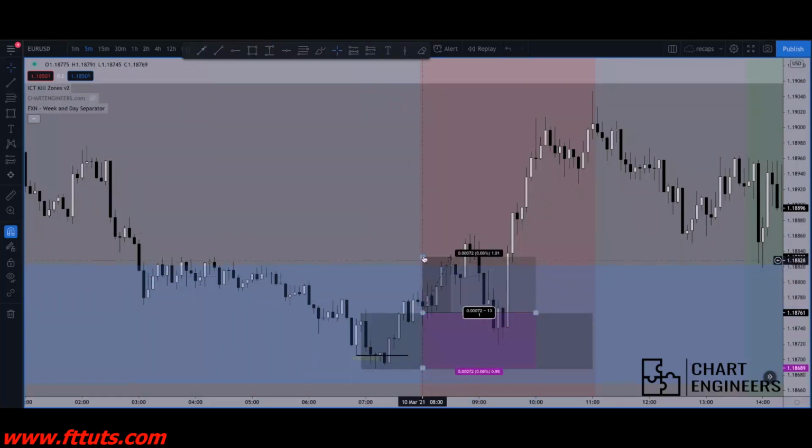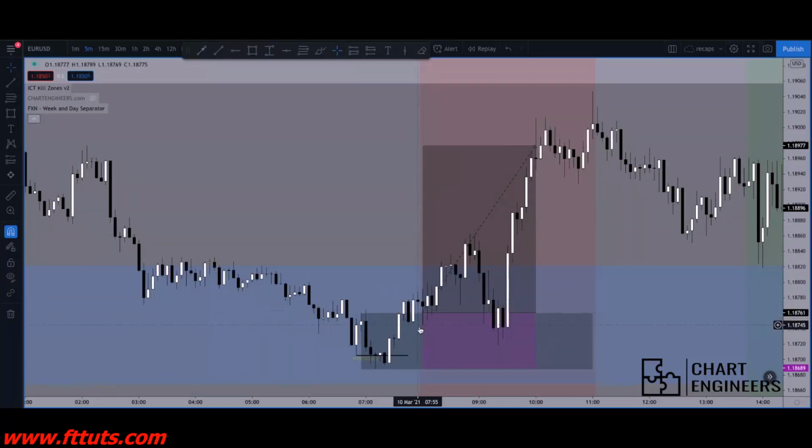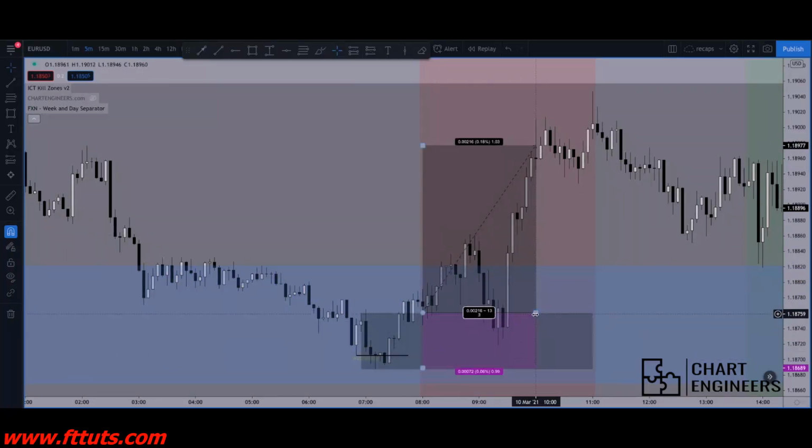And here we got the fill, and I'm aiming for 3R right there. So my target is 3R. So for example, if I'm risking 1k on this trade right now, I'm making 3k when price hits my target, because from my entry to my stop I'm risking 1k. So if I'm pulling the FIB tool here,